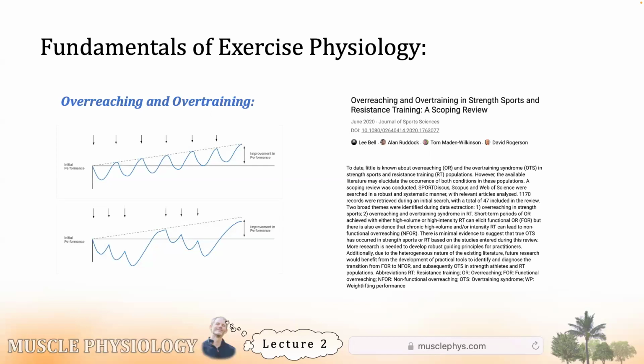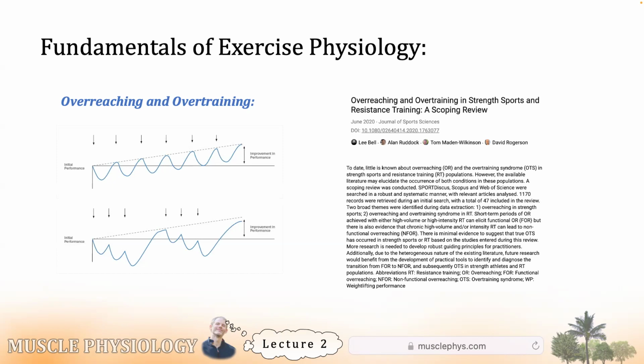In the lower graph, we have functional overreaching. You exercise, deplete yourself, don't recover fully. You don't wait long enough to recover, and then you exercise again. Don't recover from that one. Don't wait long enough, let alone recover from the first one, and then exercise again and again and again. It doesn't take too long to dig yourself into a hole a little bit, but just take a few days off, maybe a week off, something like that, and recover, and you'll rebound. You'll rebound really well. That is functional overreaching. You still emerge better than you were before.